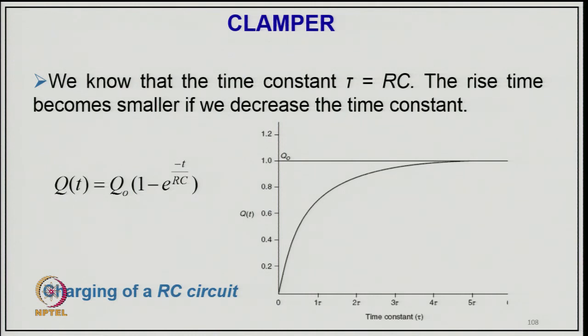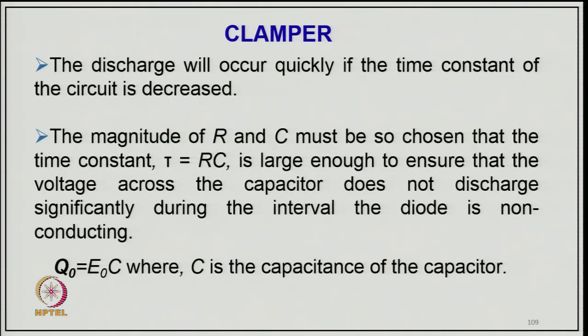Here q equals q0 (1 minus e to the power minus t upon RC), and this is how the capacitor gets charged with respect to the time constant. We presume that at 5 time constants it will be fully charged. The discharge will occur quickly if the time constant of the circuit is decreased. So, the magnitudes of R and C must be so chosen that the time constant